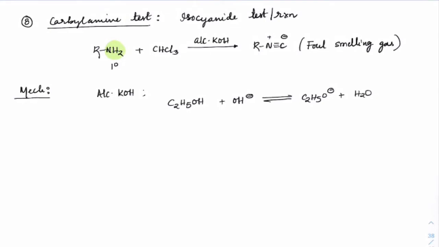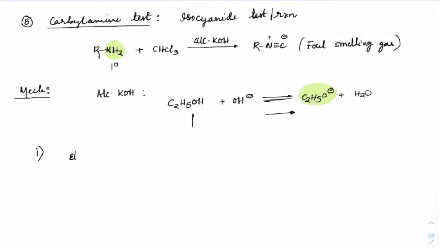One thing you can check is that if I increase the concentration of this, the reaction will move more in the forward direction. That is exactly what happens with alcoholic KOH. We are trying to increase the alcohol content so that this ion's availability is more, and this usually acts as a good base. EtO minus acts like a good base. So now I will start the reaction from here.